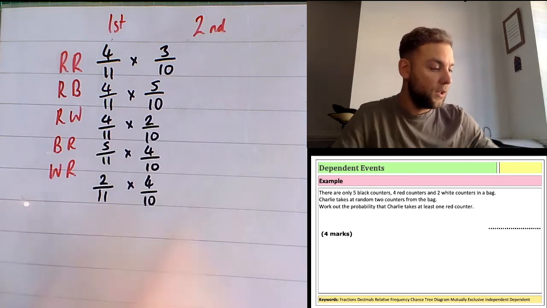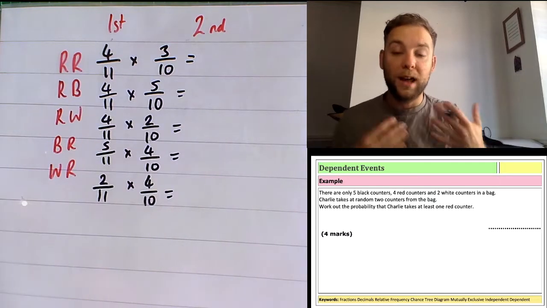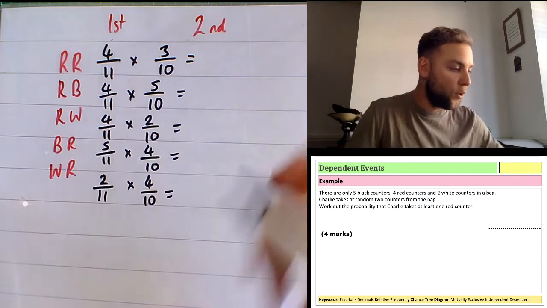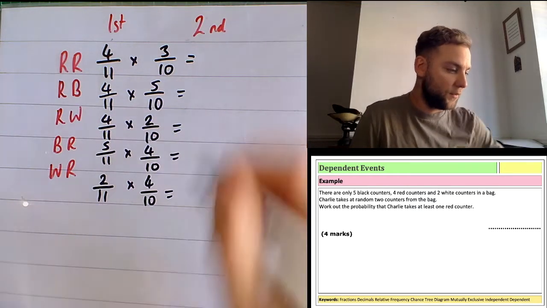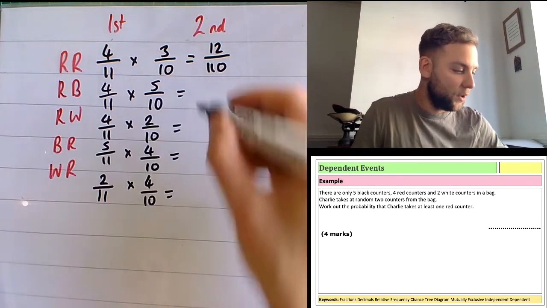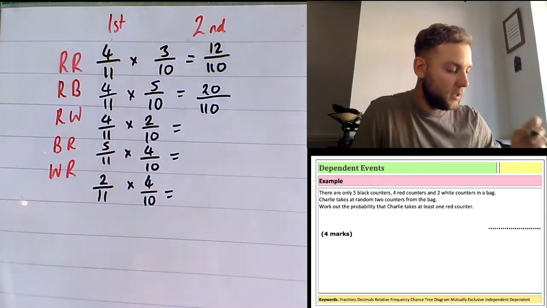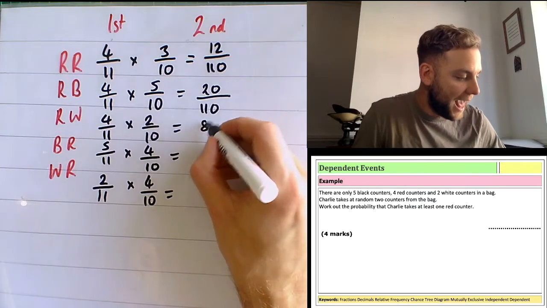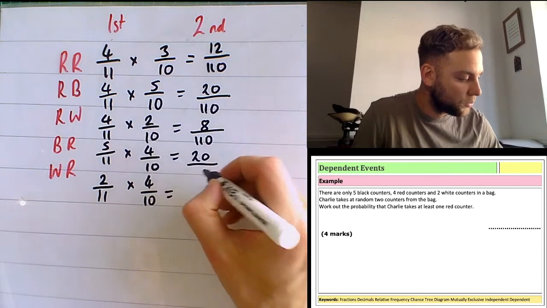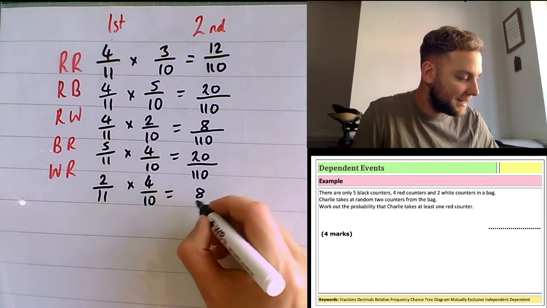That's the tricky part. So then to work out the probability of getting all of these, we need to multiply them all together and then add them all together, because these are all of the different outcomes. So it's going to be 4 over 11 times by 3 over 10, which is 12 over 110. 4 over 11 times by 5 over 10 is equal to 20 out of 110. 4 over 11 times by 2 out of 10 is equal to 8 out of 110. 4 over 11 times by 4 over 10 is equal to 20 out of 110. Last one, 2 over 11 times by 4 over 10 is equal to 8 out of